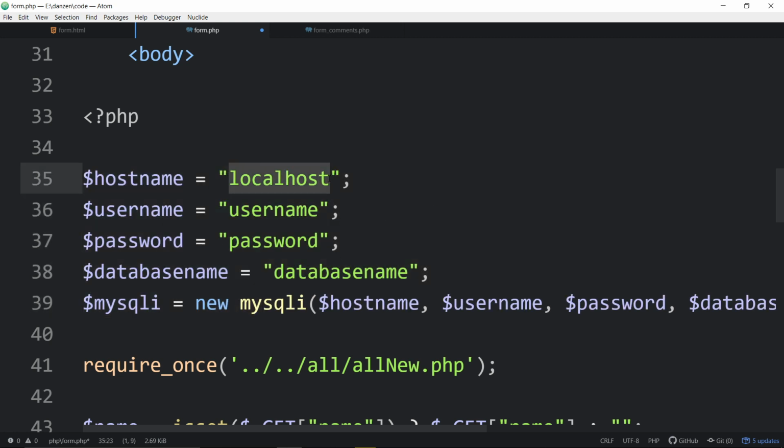Localhost is probably good for you. I think most of the time that works, if not all the time. However, you'll want to put your username and password there and your database name. So remember that the database name,